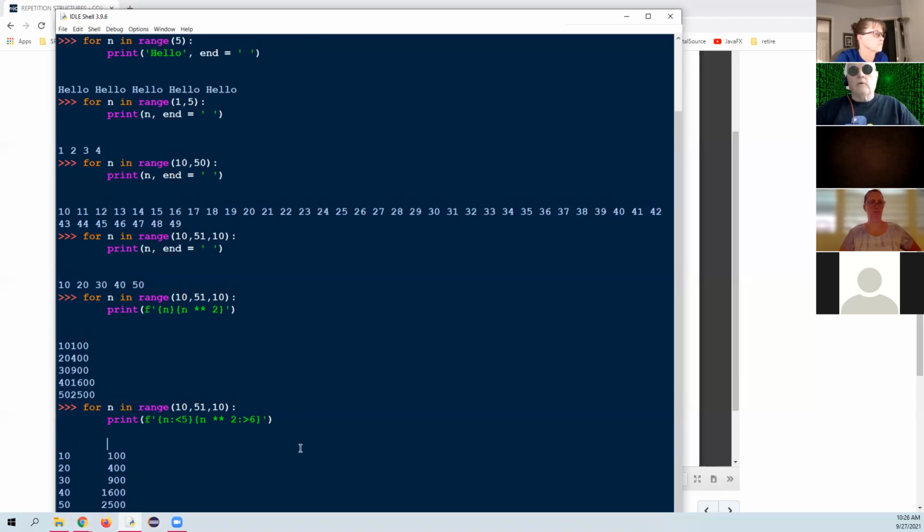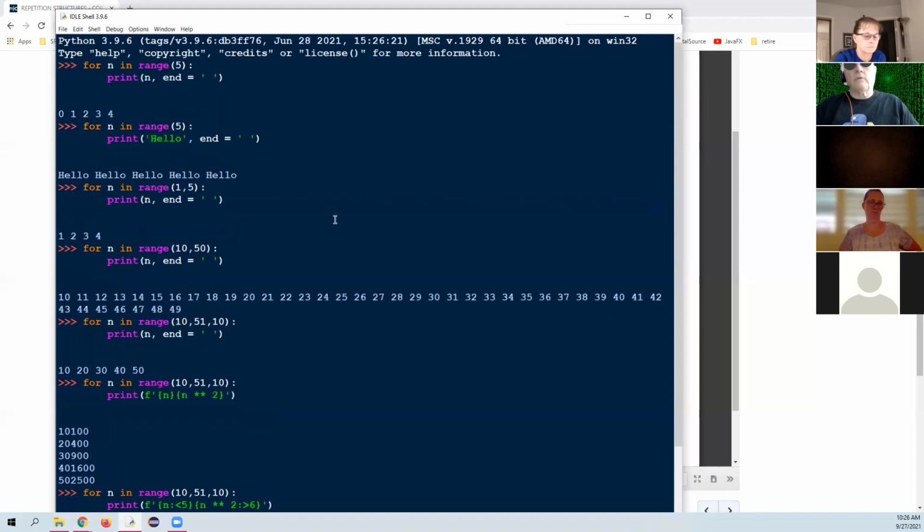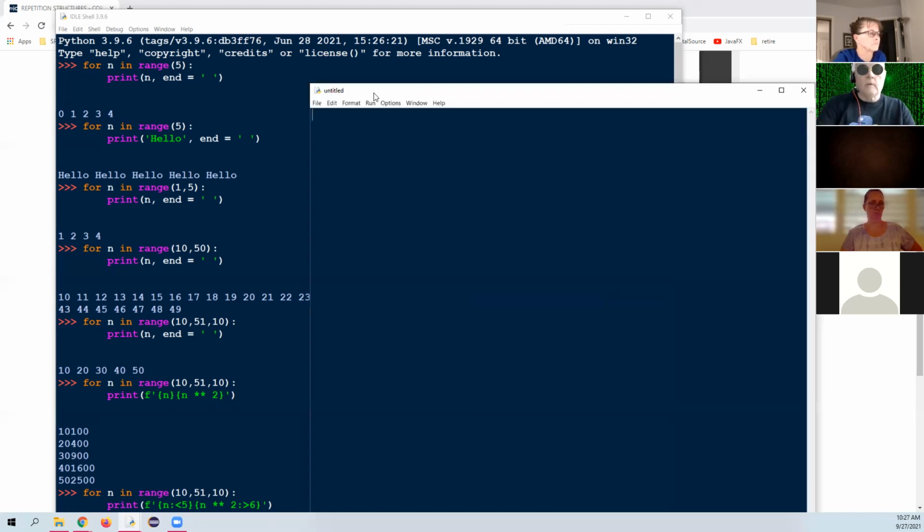So that's how you can work with a for loop. But that's not everything about a for loop. But I think what we better do is write a program. Now, remember, we're just messing around with the interactive window here. So let's try a program that works with the for loop. Let's make one called for loop_1.py. And what we could do is, once again, I'll use triple quotes here, and we'll say